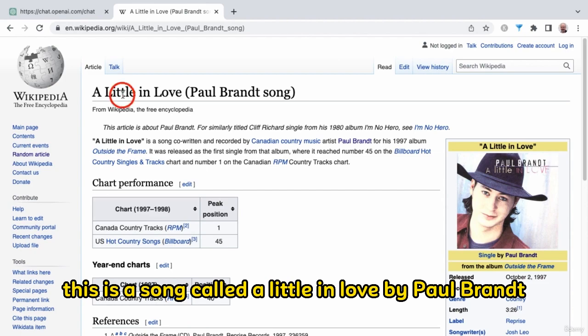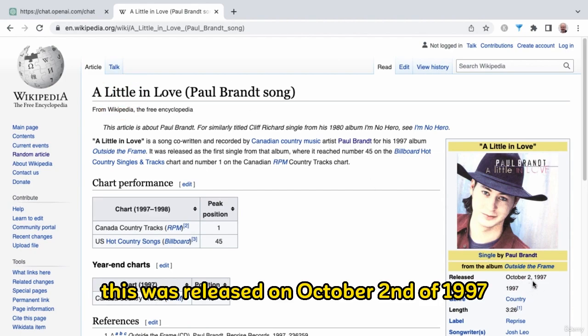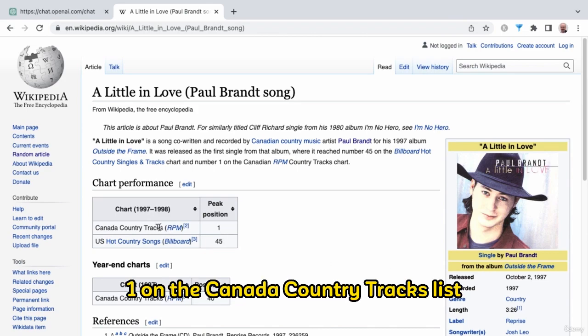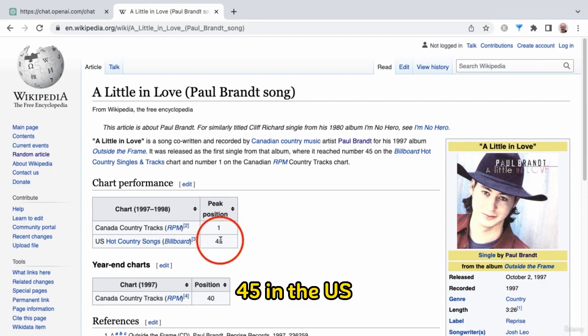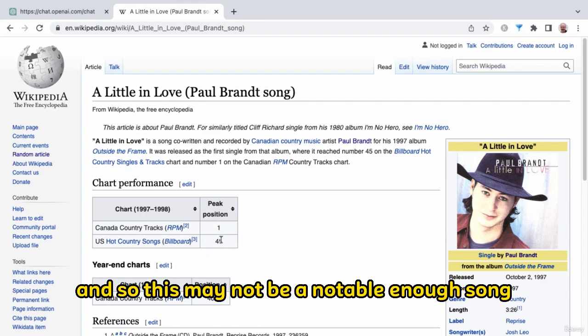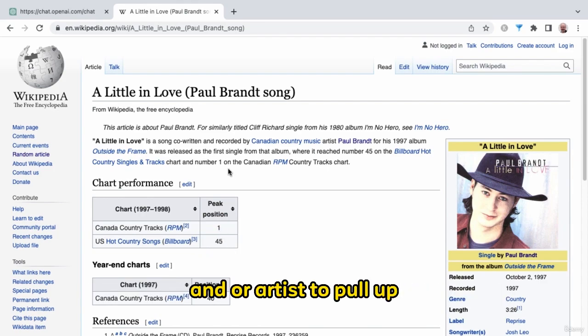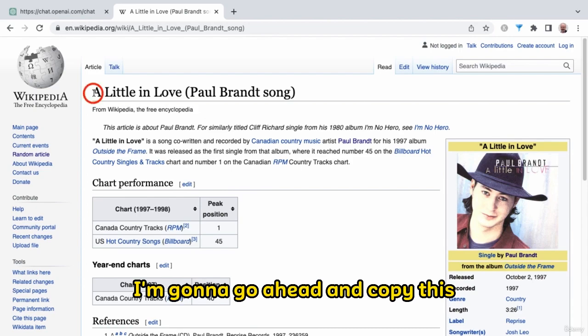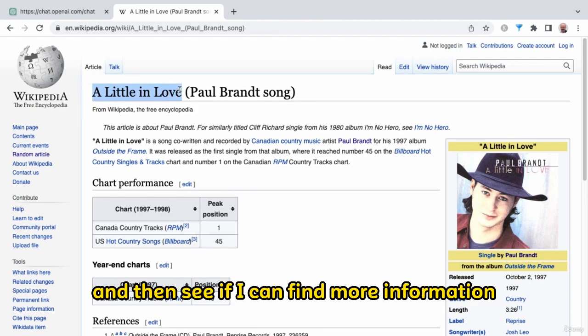This is a song called A Little in Love by Paul Brandt. This was released on October 2nd of 1997. It reached number 1 on the Canada Country Tracks list, but only reached number 45 in the US. And so this may not be a notable enough song and/or artist to pull up. I'm going to go ahead and copy this